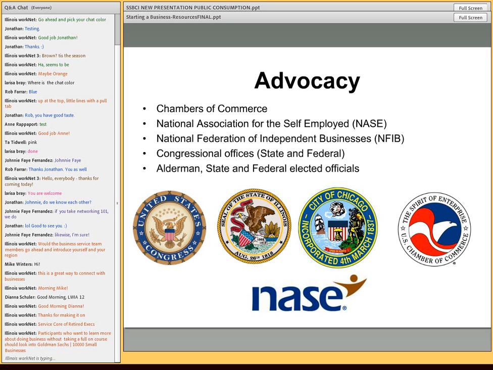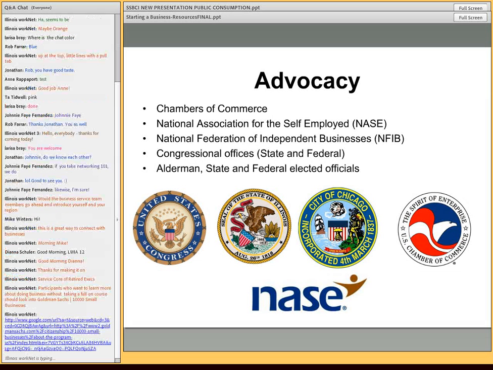As far as advocacy, that can also be another resource maybe that doesn't immediately come to mind, but once you get into starting a business, you might run into maybe some rules and regulations that you weren't aware of before you started a business. A lot of these can be around maybe human resources and what's required if you're going to be hiring employees. Other ones can be around putting a sign outside your building. Maybe another one is getting the pothole fixed in front of your